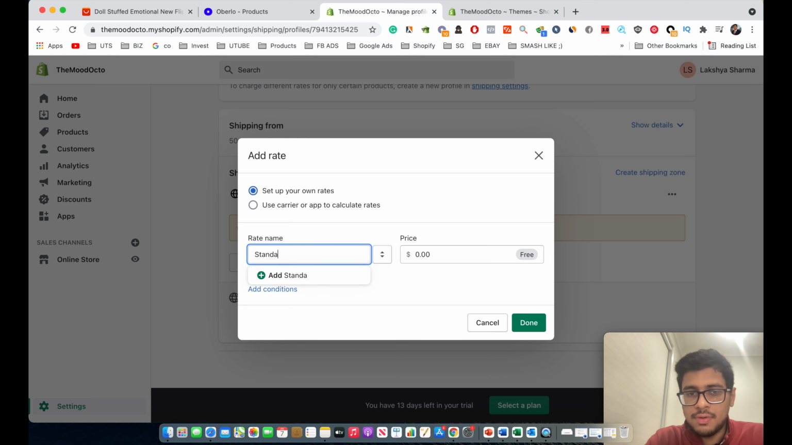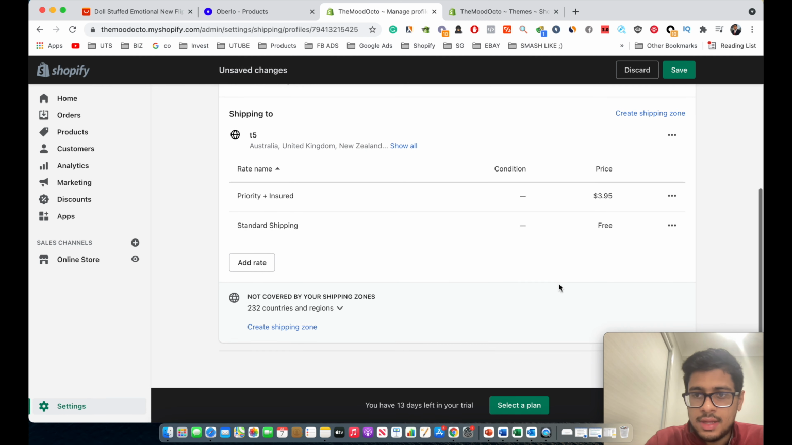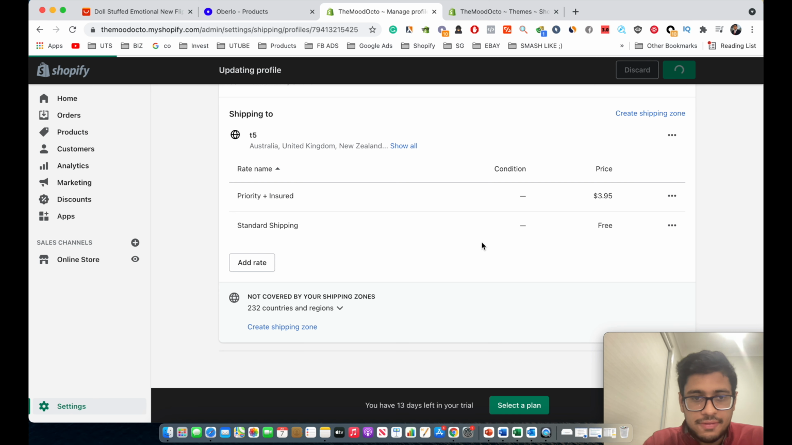So the first one I like to do is a standard shipping, which is free obviously. And the second one I like to do, this is a cheeky trick, is called priority plus insured, and I usually like to do that for $3.95. This is basically more of an upsell which I like to use, and you guys would be surprised that 30% of the customers actually end up choosing priority plus insured, which ends up being an extra $3.95 for literally nothing. So you click on save,